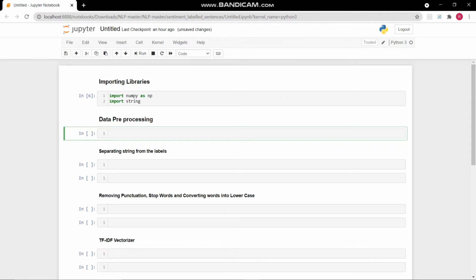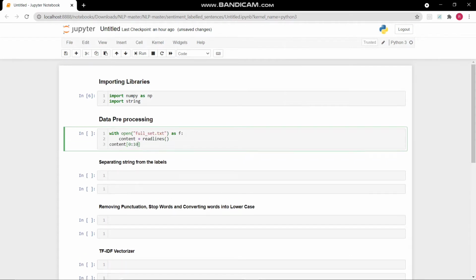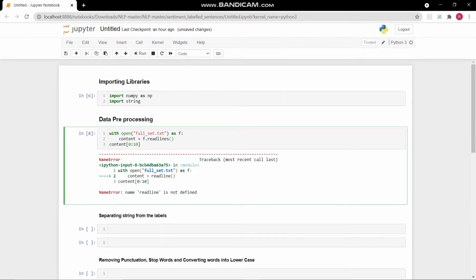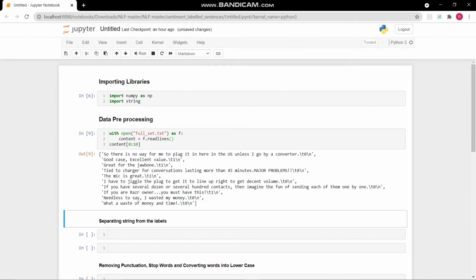But before beginning with the data pre-processing, let us have a look at our data set first. So here I have my data set which contains 3000 sentences that are taken from IMDb, Amazon and Yelp reviews.